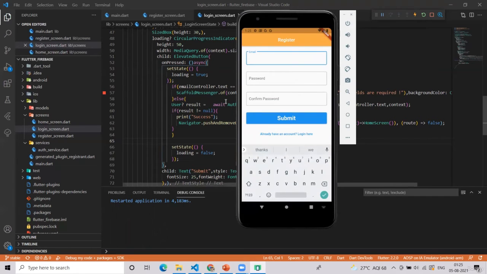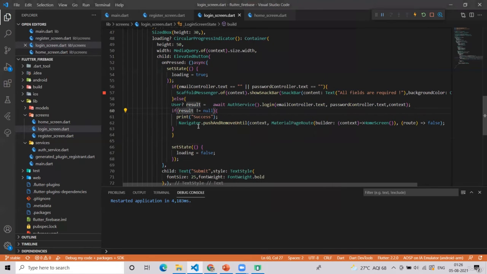Firebase Auth enables us to subscribe in real time to the auth state via a stream. That is, once called, the stream provides an immediate event of the user's current authentication state. And after that, it subsequently provides events whenever the authentication state changes. In simple words, Firebase gives us an option to listen to the changes in the Firebase authentication.